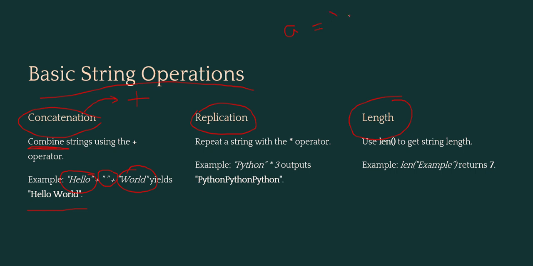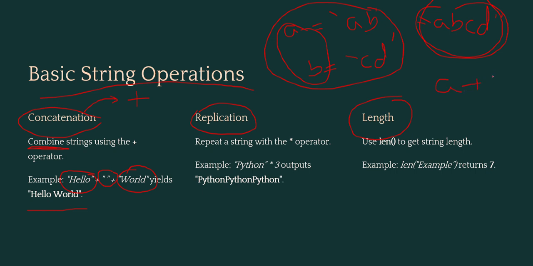To make this easier for you, let's simply understand what we are doing in this. जैसे मेरे पास कोई वेरिएबल है a, उसमें मेरे पास एक स्ट्रिंग है let's say that is ab. मेरे पास एक और वेरिएबल है let's say b, and in that I am having one more string that is let's say cd. अब मेरे को आउटपुट में क्या चाहिए? मेरे को आउटपुट में चाहिए abcd without space. So what I'll be doing for getting this output, let's say ये मेरा sample input है, this is my sample output. So how will I be able to end up with this output? Simply मेरे को क्या करना है, मेरे को a and b दोनों को combine करना है using a plus b.